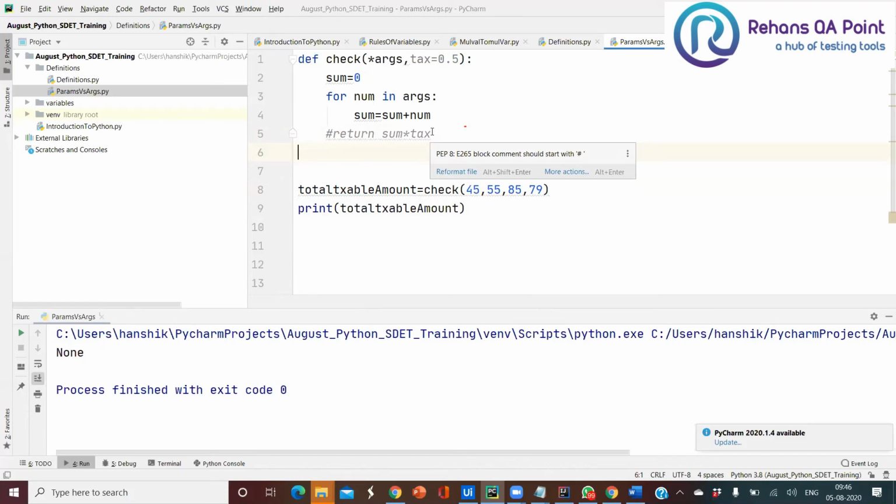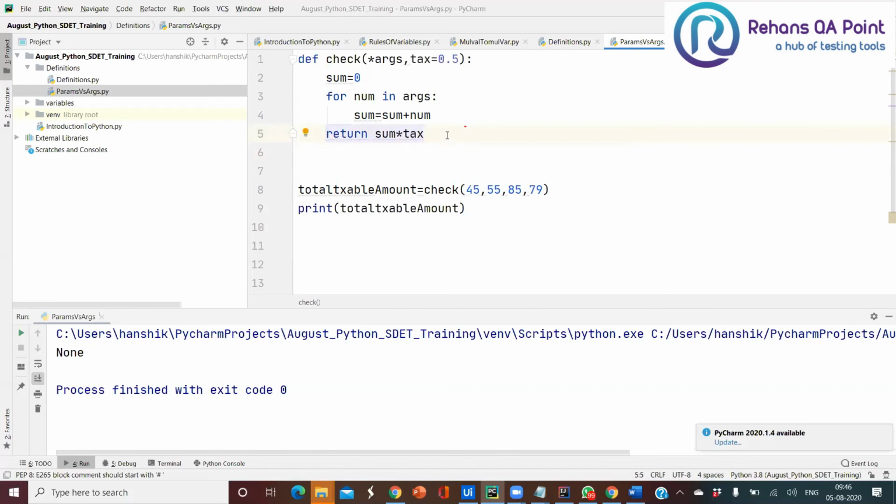Keep it in mind. I get None as output because that particular method is not returning any value. If the method returns some value, then you get the output given in the return, else it returns None. Okay, None is not equal to null, guys. Again, now check this.